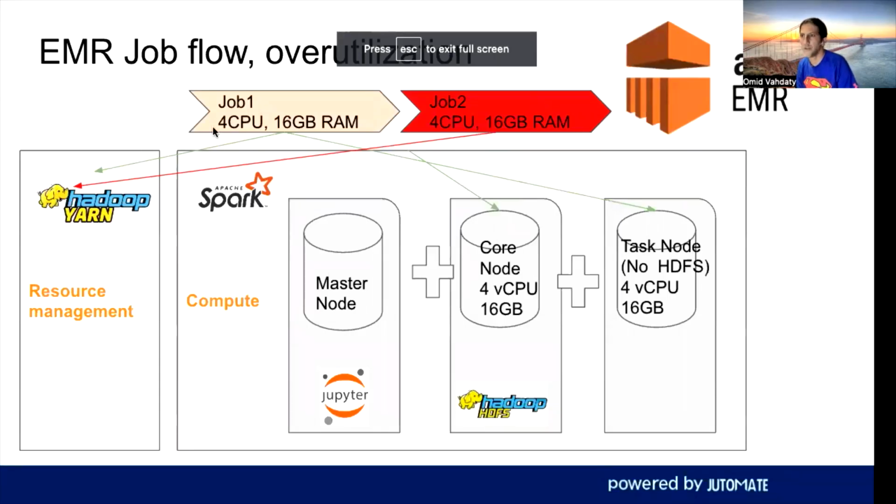So essentially, job 1 is requesting 4 CPUs and 16 gigabytes RAM, and you have a cluster of core nodes with 4 CPUs and 16 gigabyte RAM. Same goes for task node. So essentially, that job can run on these machines. Whether it's in parallel or not, it doesn't really matter. The compute sections will be divided equally between these two, because each of these servers have enough resources to run